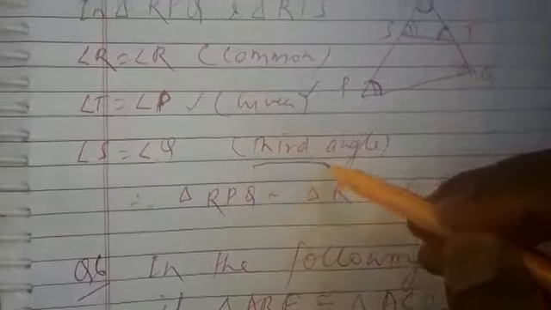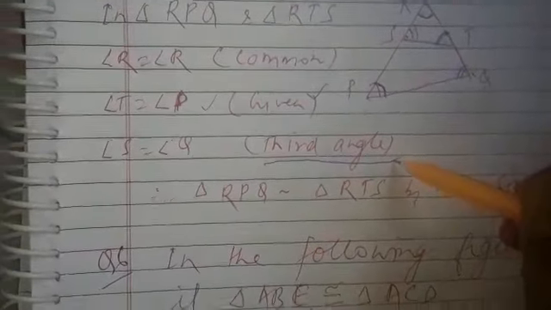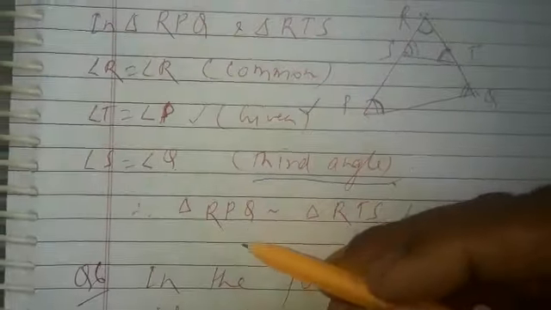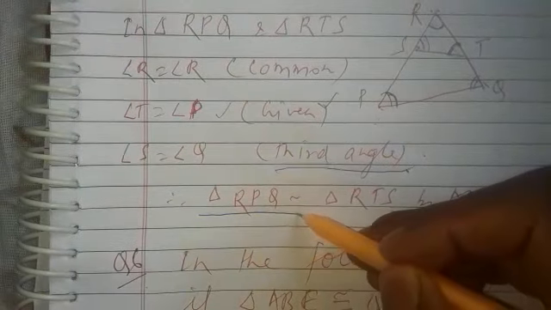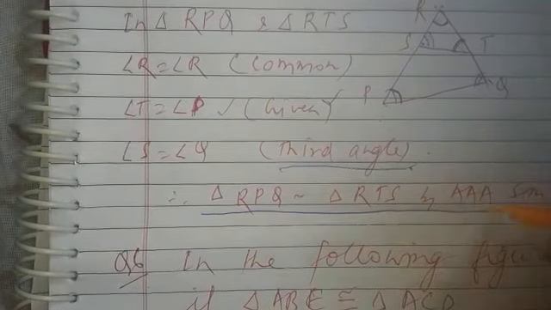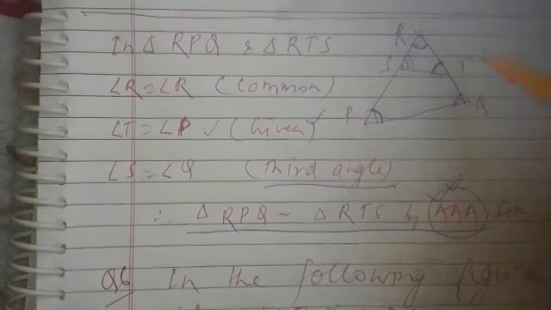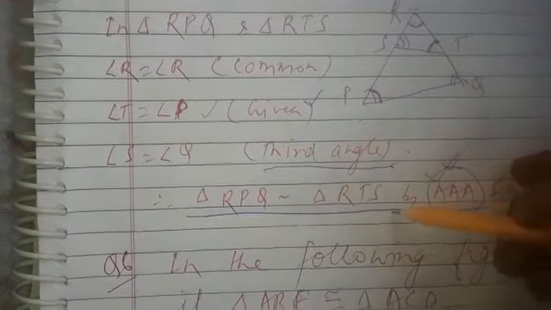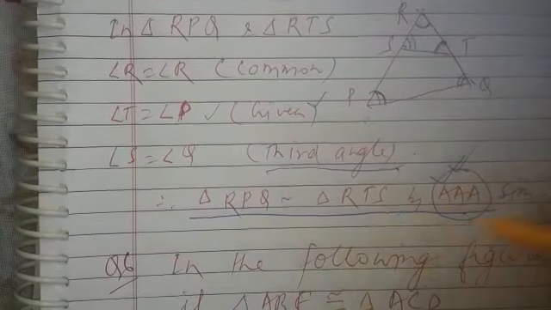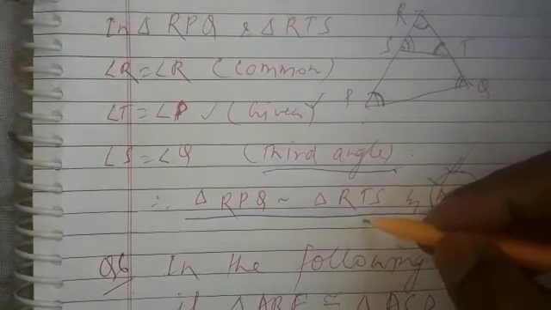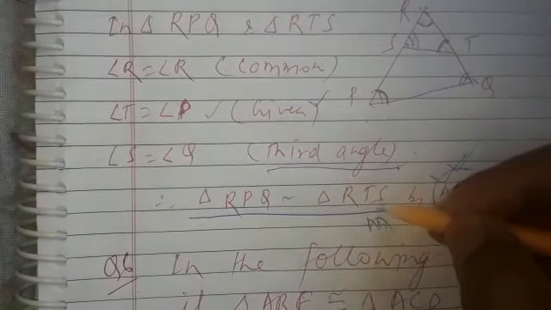It is also called the third angle of the triangle. On the basis of that, triangle RPQ is similar to triangle RTS using AAA similarity. That is what we had to prove, that triangle RPQ is similar to triangle RTS. So we can say that it is proved either on the basis of AAA similarity, or simply you can write